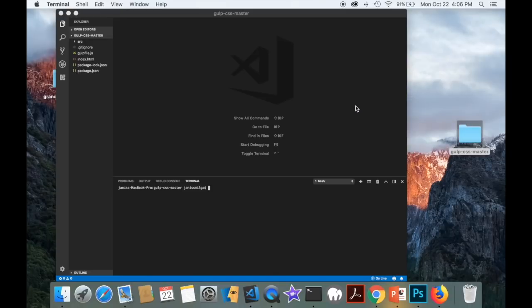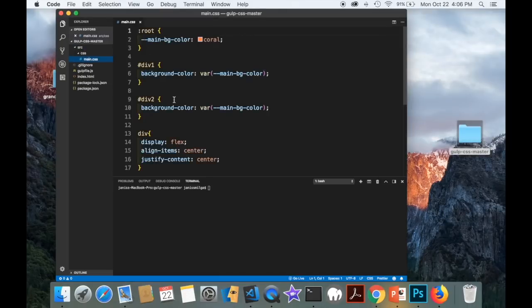So once we're done with this, you notice that we have a folder. Now within a folder, we have a source where we have just main CSS. Now there's going to be some random CSS over here, and we really don't care about it because we're going to delete it and we're going to place our own CSS over here. Now the difference is the fact that here we have packages, and for now we don't have any node modules installed yet. So the first thing we would need, since we're working with node, we would need to write npm